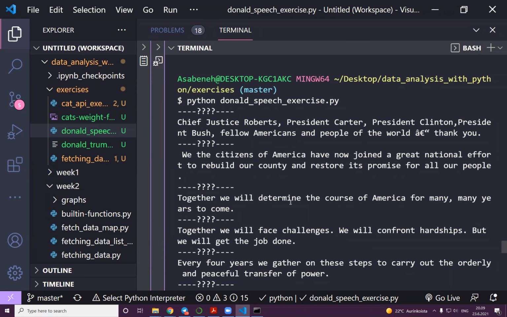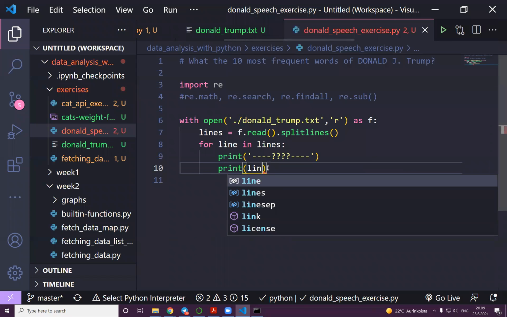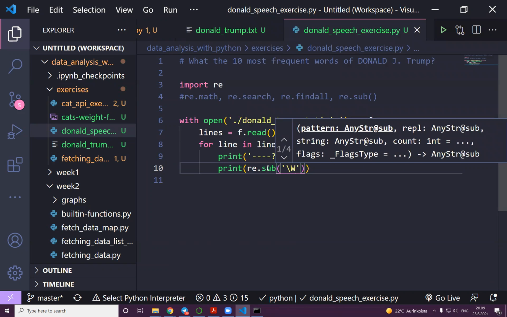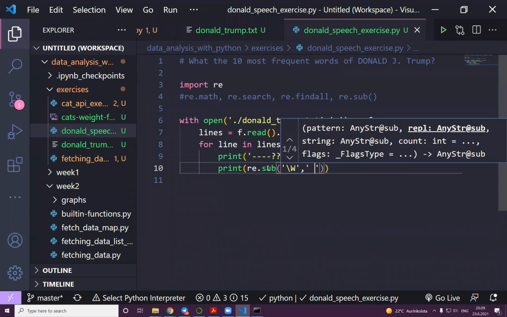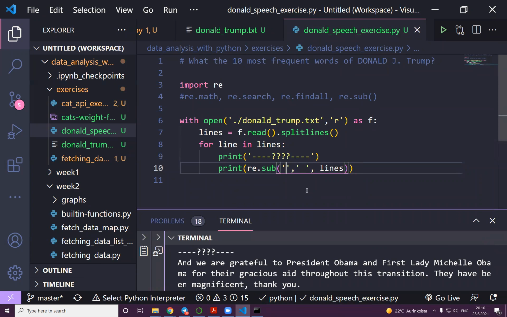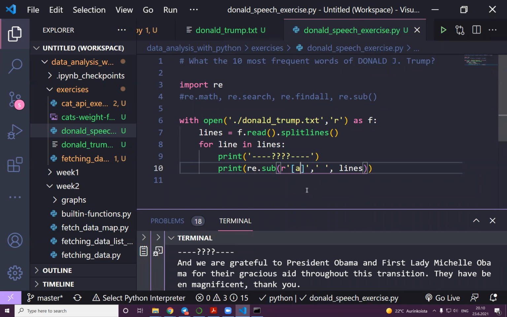Yes, so now let's clean every line. For instance, if I'm not interested in the dot, what is this? Substitute anything which is not a word, that means capital W is non-characters, I think. So I want to replace it with just a space in lines. Let me try. Do you remember this? If I say A to Z, what do I mean? That means any character A to Z